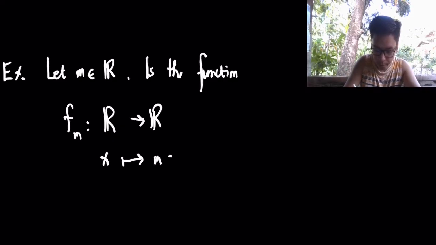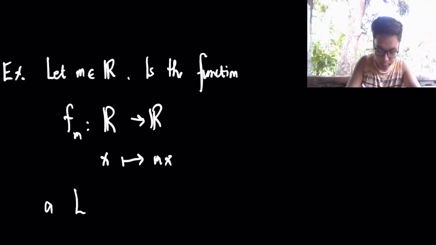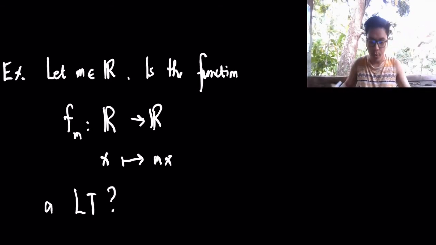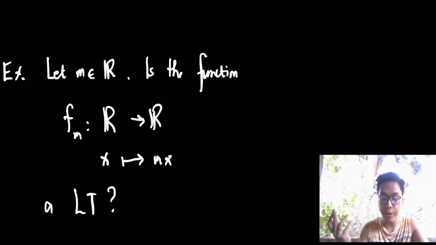That's it. Okay, so another example. So let M be in R. So that means our field here is the set of real numbers. So is the function that maps from R to R, sending x to Mx, a linear transformation? So we will find this out here. Okay, so to check on that,